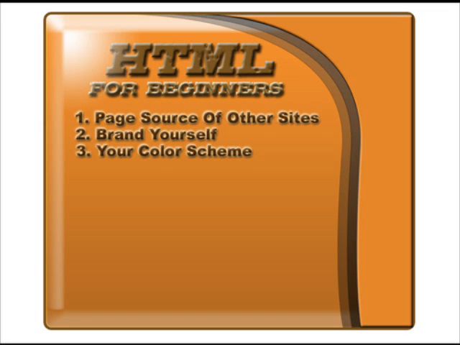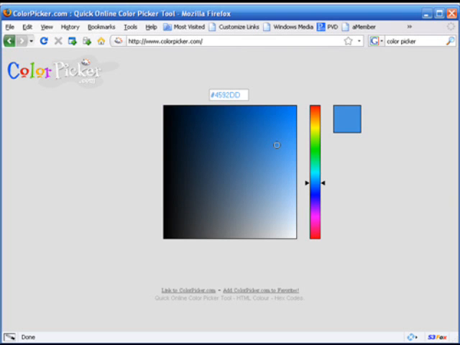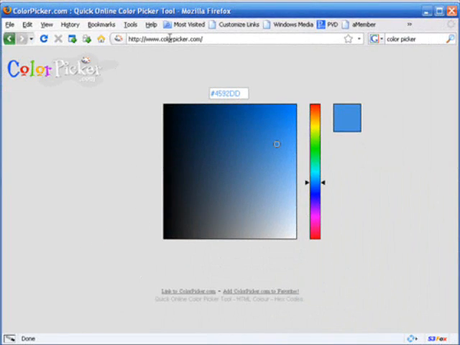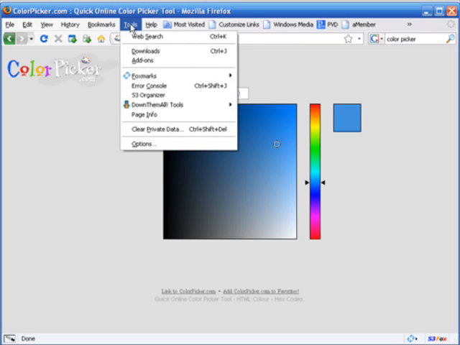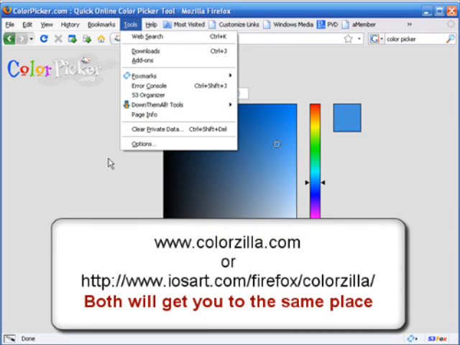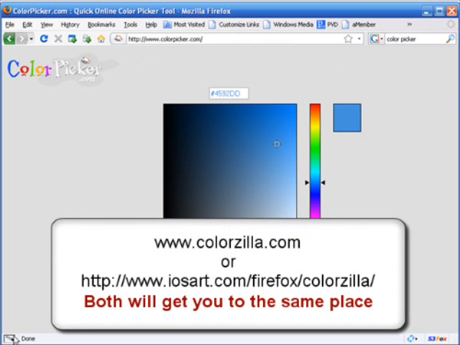But you may want to check out a color picker, is what they call it. It gives you an idea as to what colors go together. And this is just a little web page. Oddly enough, it's called colorpicker.com. One thing I also want to point out too, I use Firefox, Mozilla Firefox, as my browser, and there's an add-on that you can get. It's called ColorZilla. I believe it's under Tools, Add-ons, and you can go here and do a search for ColorZilla. I don't know if I got it on here or not. No, I don't. But anyway, you can do a ColorZilla, and then all you do